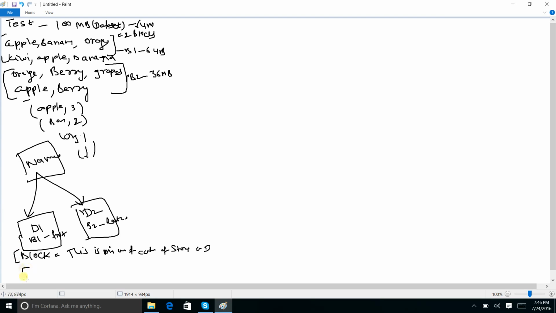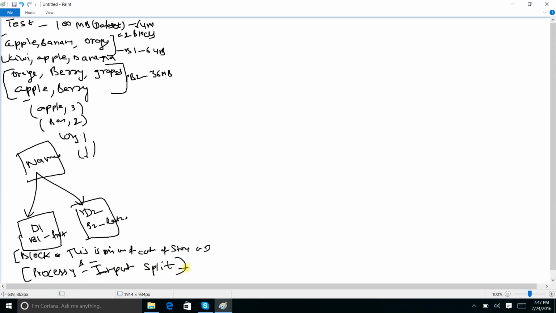Now similarly, for processing we use the term input split. Okay, so block is the minimum unit container to store the data. Processing is the kind of one input split